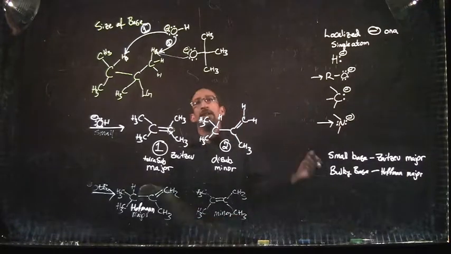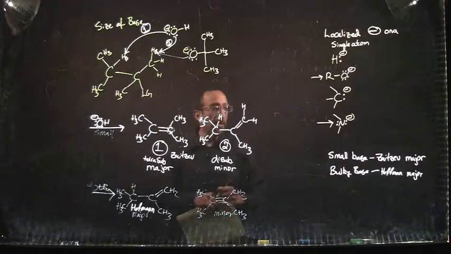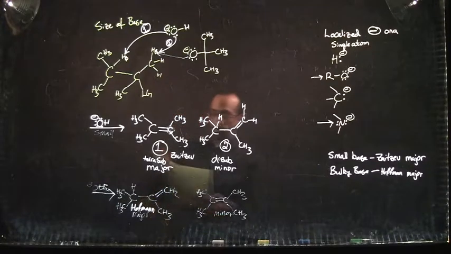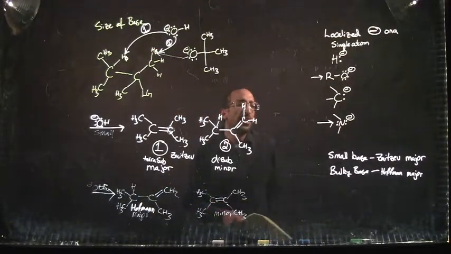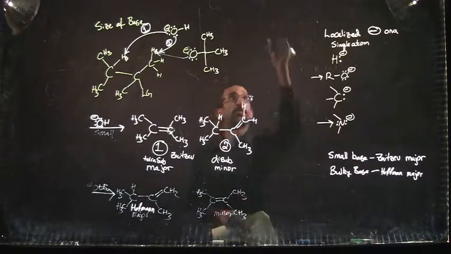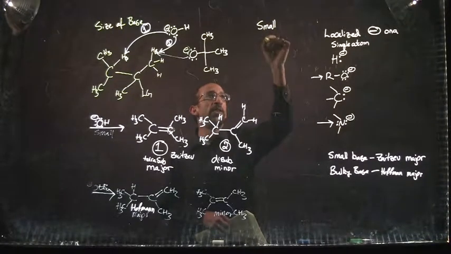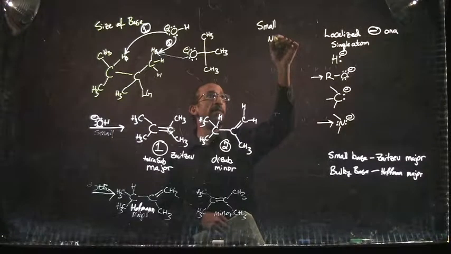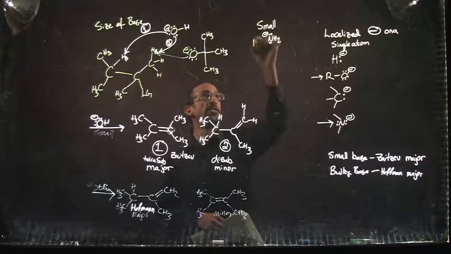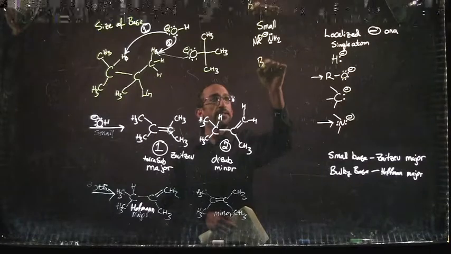Okay, so we've seen examples of a small base and bulky base for our oxygen bases. How about a couple of examples for small bases and bulky bases for our nitrogen examples? Alrighty. So for nitrogen, a typical small nitrogen base would be deprotonated ammonia. So this is going to be NH2 minus with 2 lone pairs, and this usually comes along with a sodium cation. And for a bulky base,